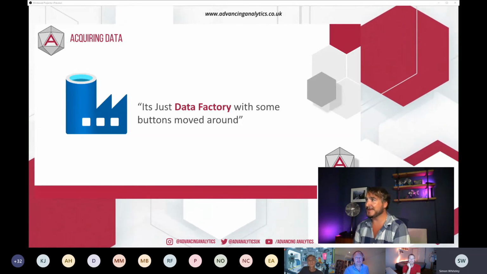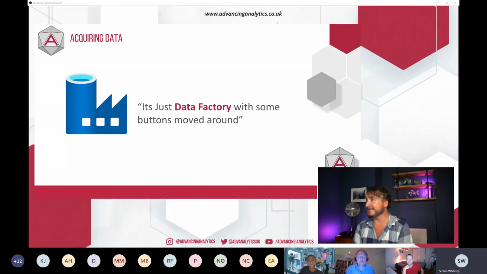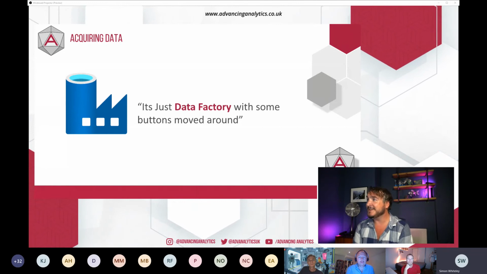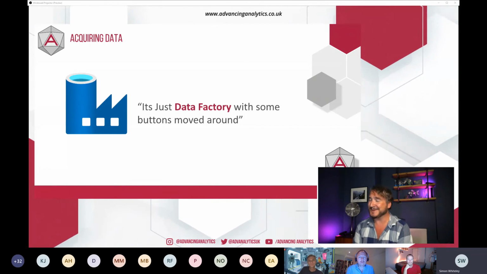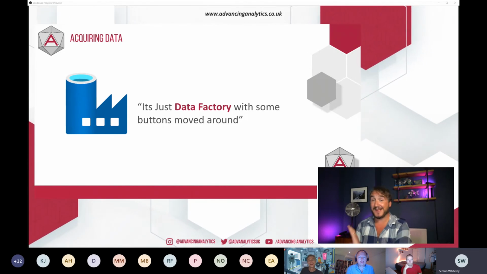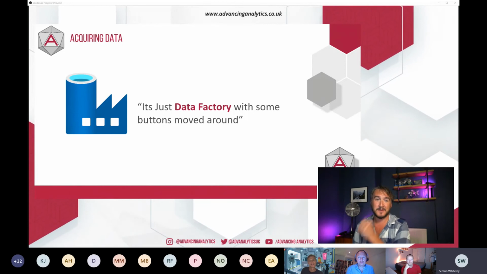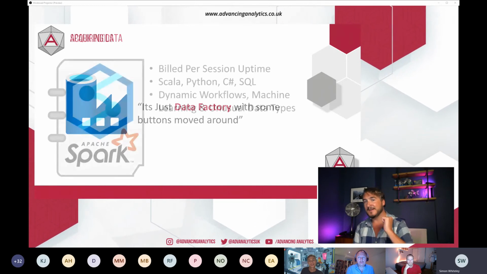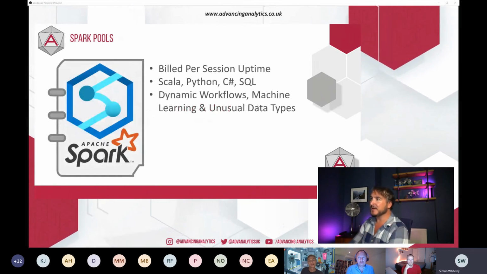Okay, so Data Factory. I'm not going to talk too much about Data Factory. As it says, it's just Data Factory with some things hidden. Finding data sets is really annoying now. It's in a different place. Apart from that, it's pretty much exactly the same. So I'll show you that when we look at Spark and the things you need to know about the Spark